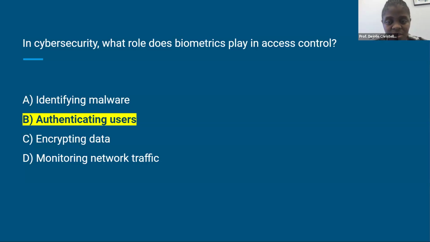You say you are this person, let me match it. Does it match? The biometric actually wants to match. Does it match? Yes, I give her access. She will have the control. If it's not matching, she will not have access. No control. She cannot take control of the system. She cannot log in on her email, because we did not match the information. So as the system authenticates you, we call it biometric.